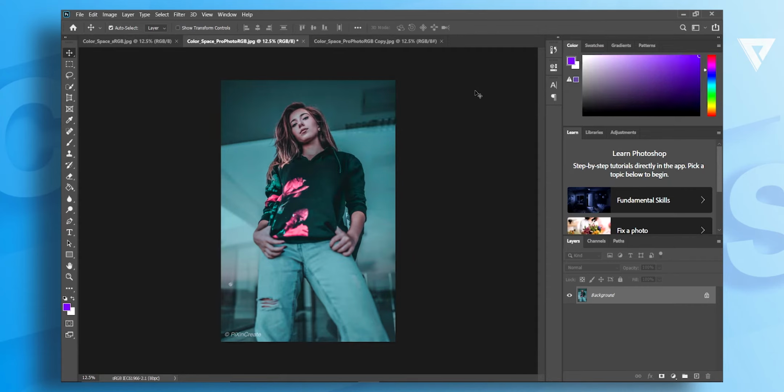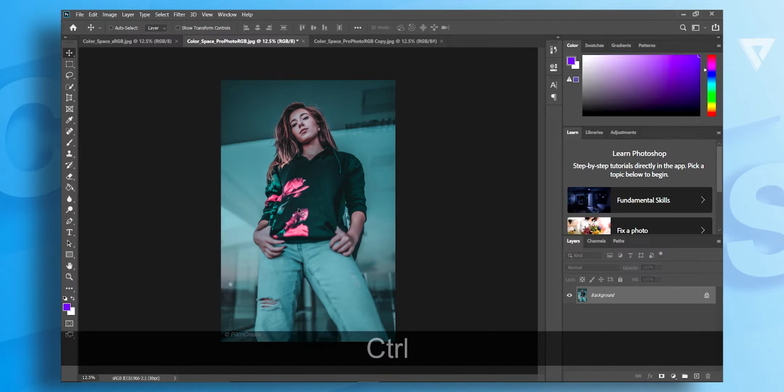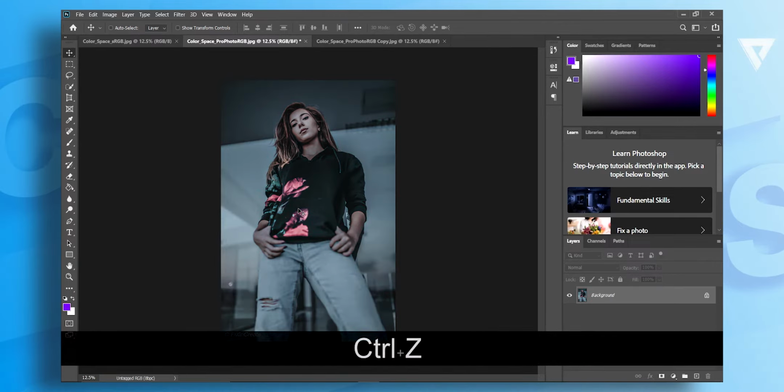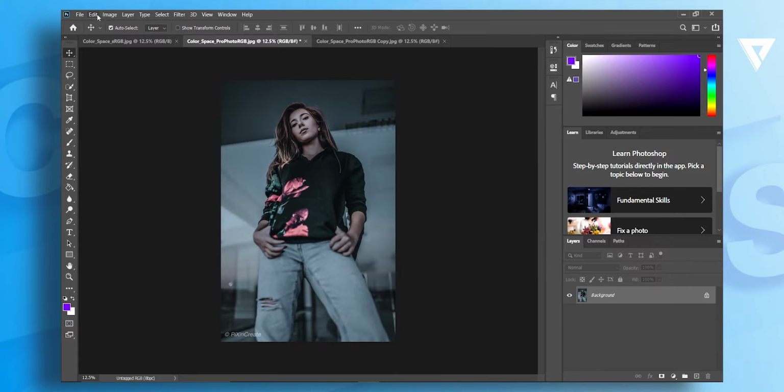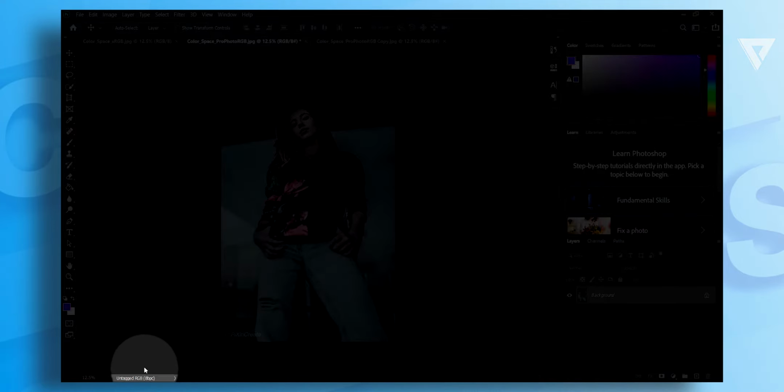One more thing that I want to say is that if you convert the profile directly from untagged RGB to sRGB, then this will be your final result. I'll show you that as well right now. I'll undo the changes that I had done by pressing Ctrl or Command Z. Now the profile shows that it's untagged.